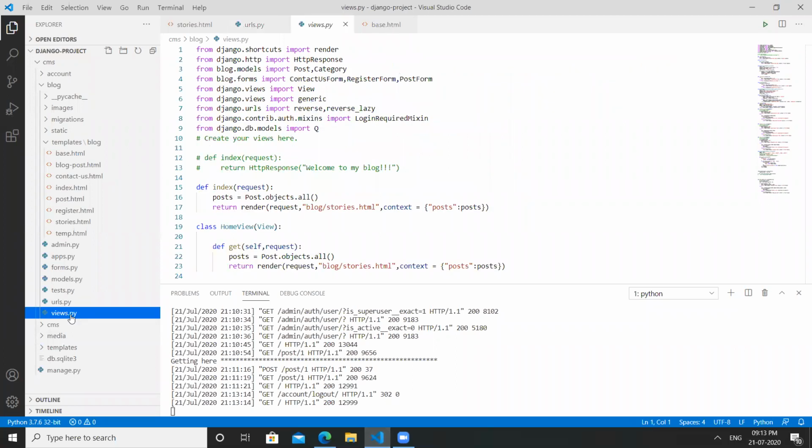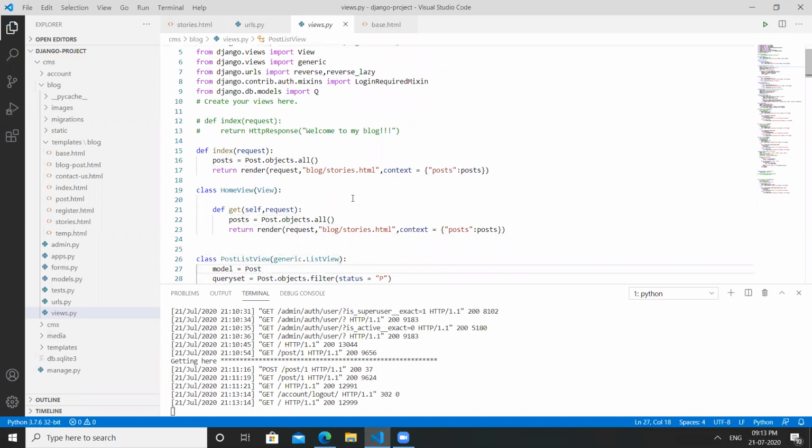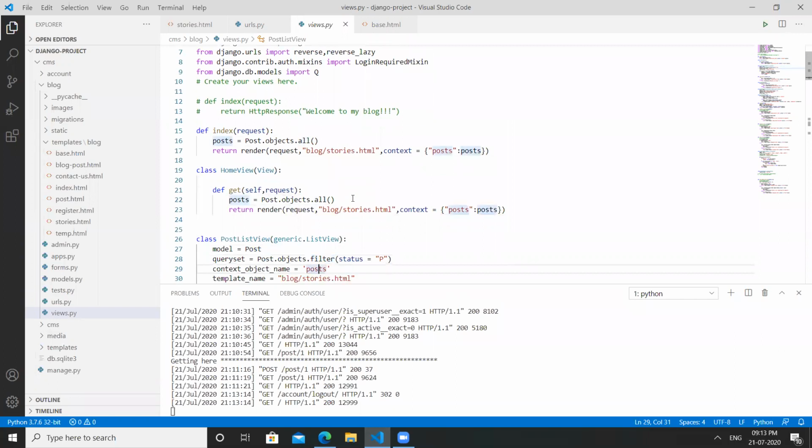And we are giving several views, like how the applications are related, how the home page should be, and everything related to the post list view. And we are making this post list view related to the post, and what objects should be used, and where the template should be reached.